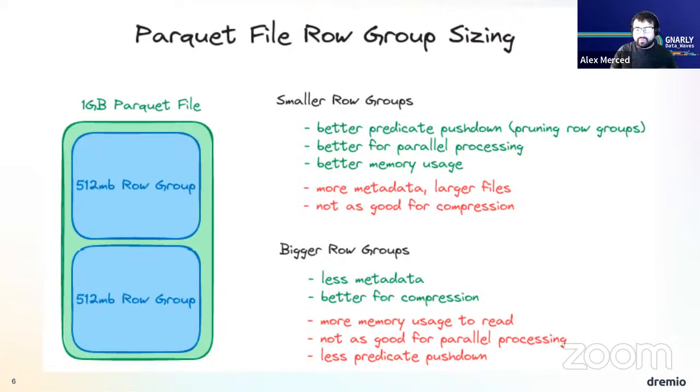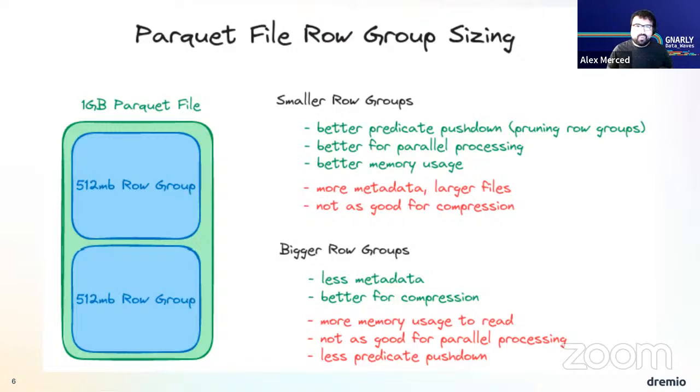Now, when you write a Parquet file, you can choose how big these row groups can be. The question is, do you want them bigger or do you want them smaller? It could be either. The benefit of a smaller row group is that you can have much more granular metadata. For example, imagine that I have data on people's height in one Parquet file, and I sorted all that data based on the height. Chances are only a few row groups in that file are going to have people of a particular height. So when I filter based on height, it's more likely that more of those row groups can get pruned from the query plan and make for a faster scan of that Parquet file.